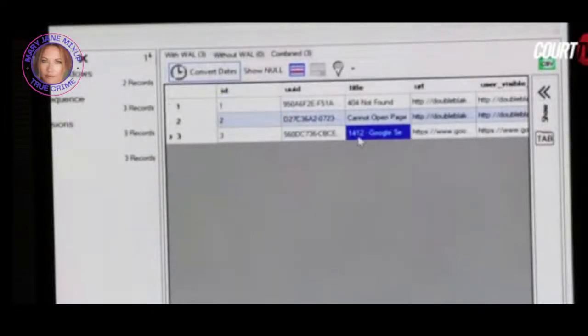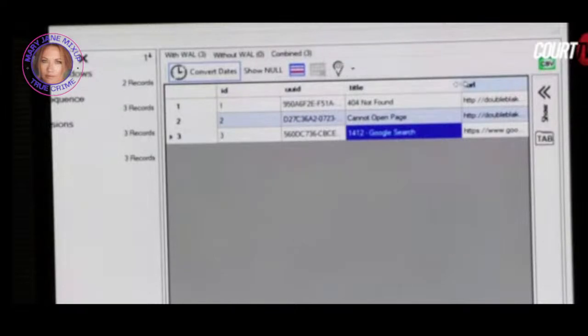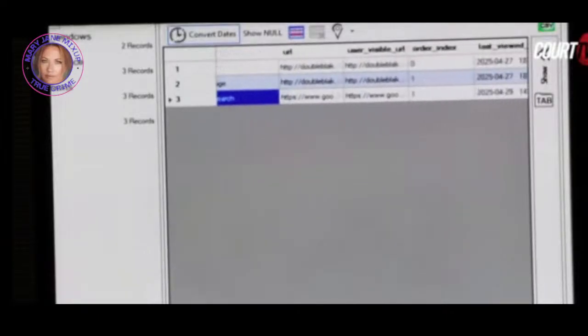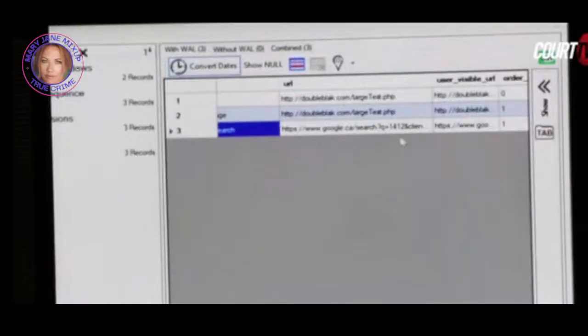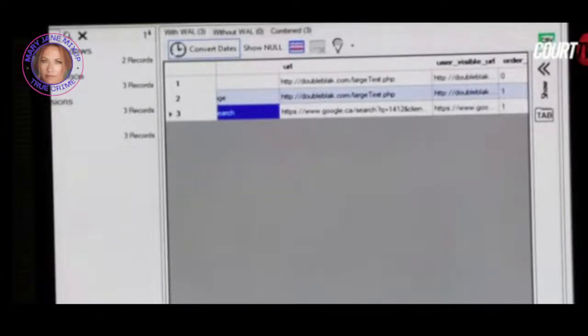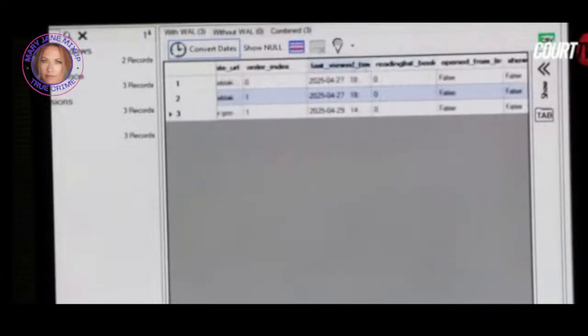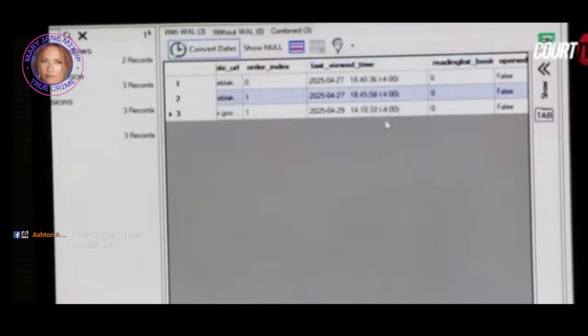So we look at this particular record. You can see the title is 1412. That's the last item that I searched for. We can see the URL is google.ca/search 1412. Again, that is the content that I searched for. And then we see this field here, the last viewed timestamp. And the time here still says 1410 because that's the time that I first loaded the tab. The fact that I navigated between, the fact that I minimized and reopened Safari bears no relevance to this timestamp. It is purely the timestamp that tab was created or brought back into focus.